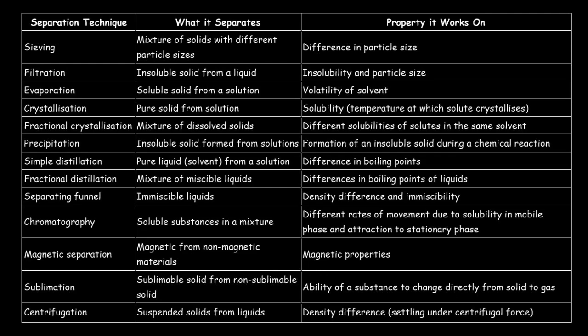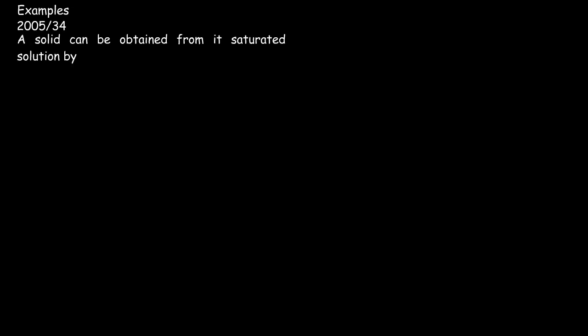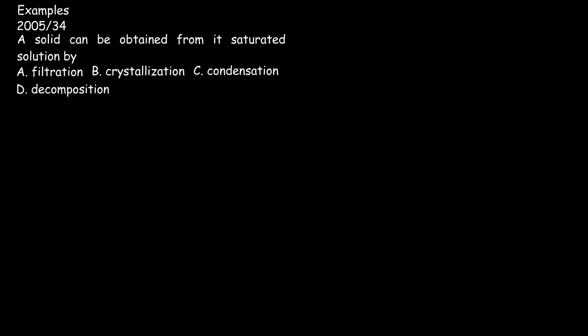The last is centrifugation, which is used for suspended solids from liquid. Now it works on the density differences, that is settling under centrifugal force. We have some examples we will be using as revision. Our first example is from 2005, and it states that a solid can be obtained from its saturated solution by, and we're given the options. Now we know that a solid can be obtained from its saturated solution by crystallization, so the correct option is